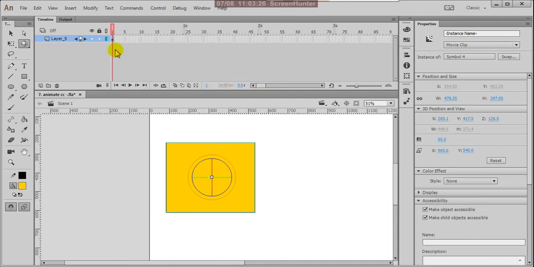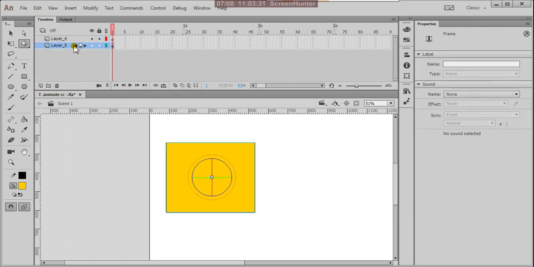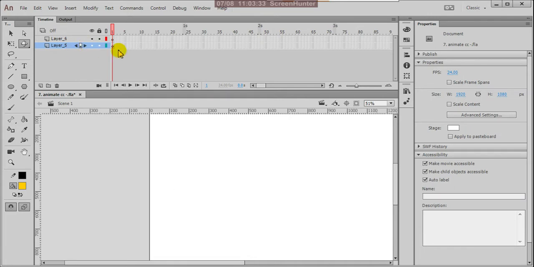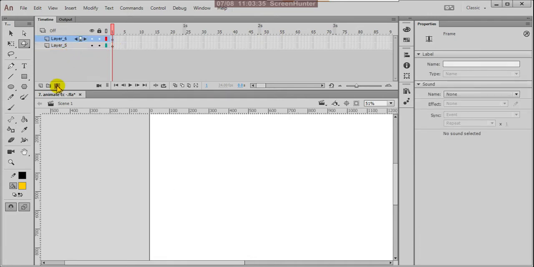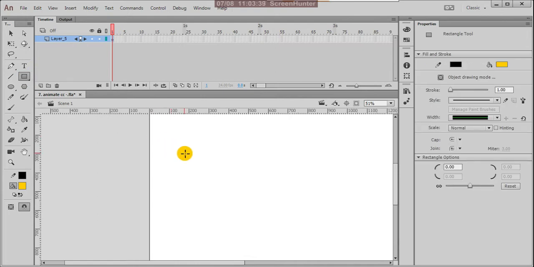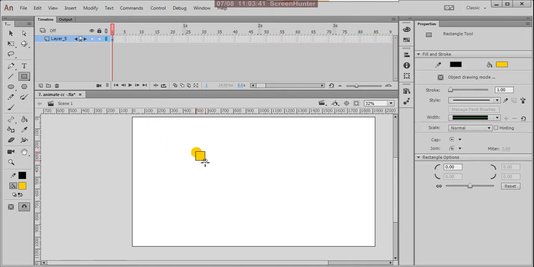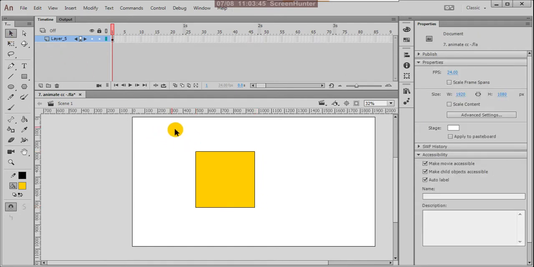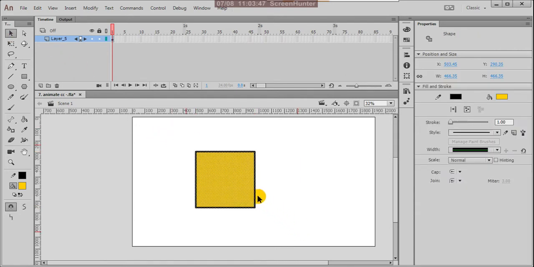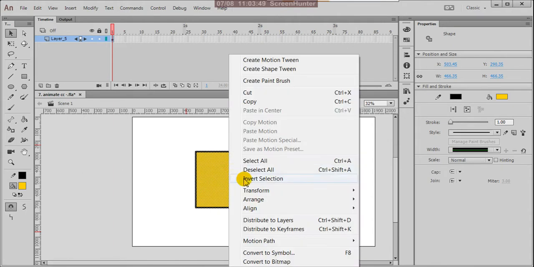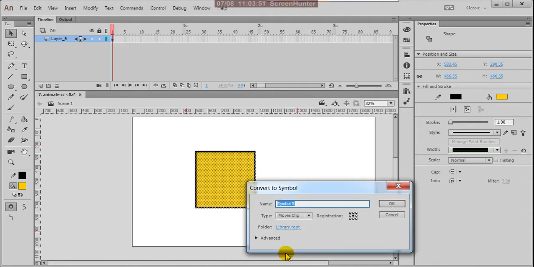But what will happen when you apply it for a real-time purpose? I'll delete this, and again I'm drawing one shape. Select that, right click and convert to symbol. Name it anything.